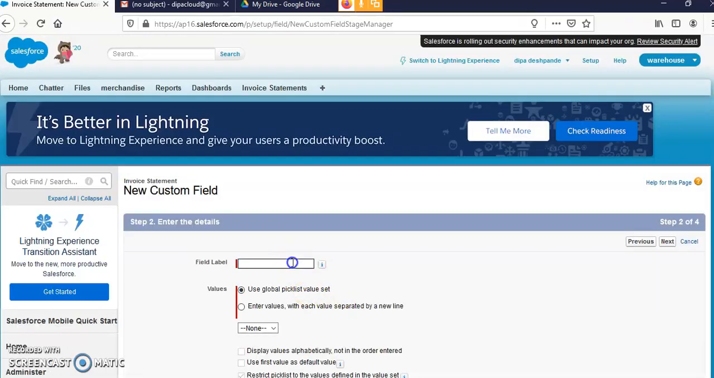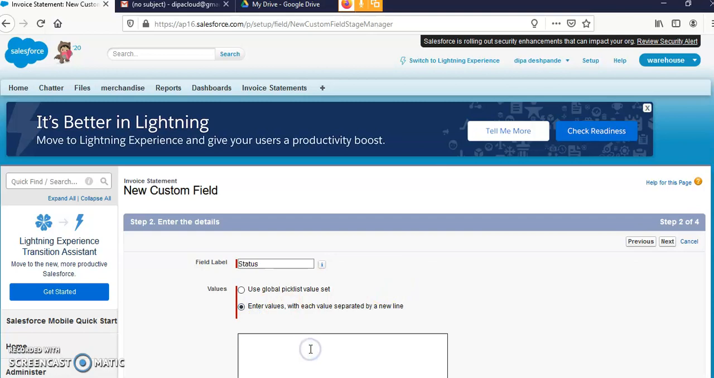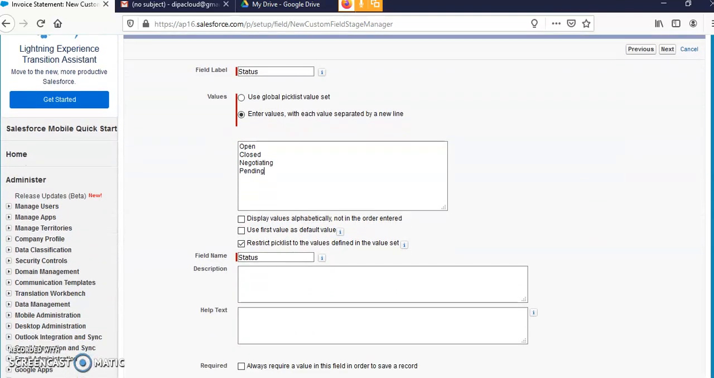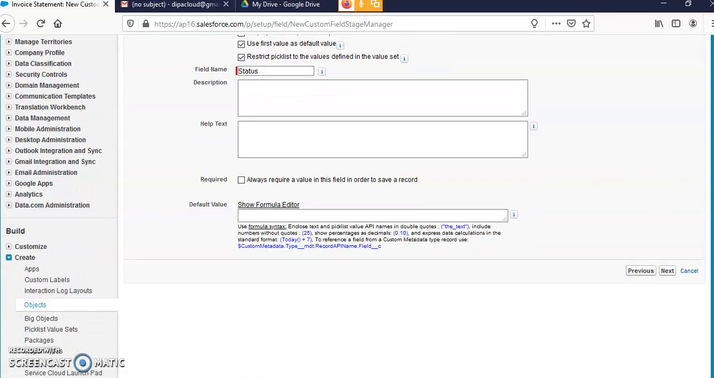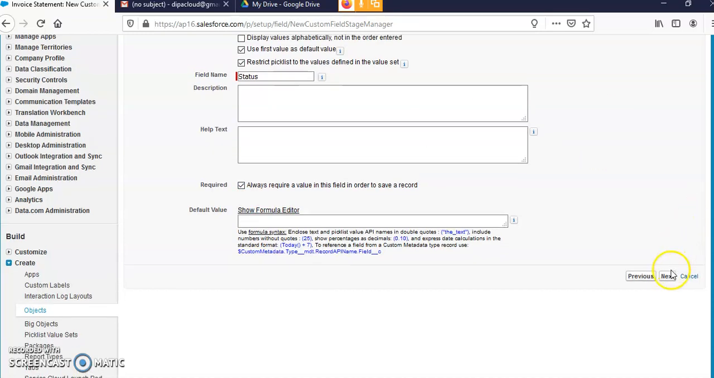Here you can put the name of the field, that is status. Here enter the values: open, closed, negotiating, pending. So these are the values I added. Use the first value as the default value. Click on this, and Always Require. Okay, so click on this, Always Require, right? And you can click on